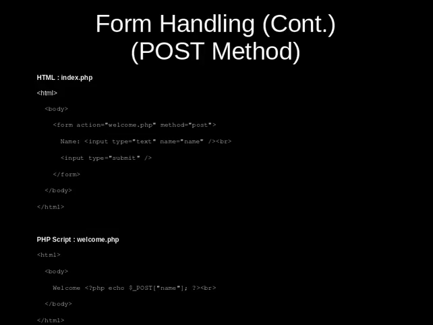Now the difference between get and post is that the get data appends into the URL when it is submitted, whereas the post data is not added to the URL. So in case you are having an application where you are concerned more about security, it is always suggested that you use the post method instead of get, because get variables are easily accessible to anybody who is sitting behind the screen and can see the screen.